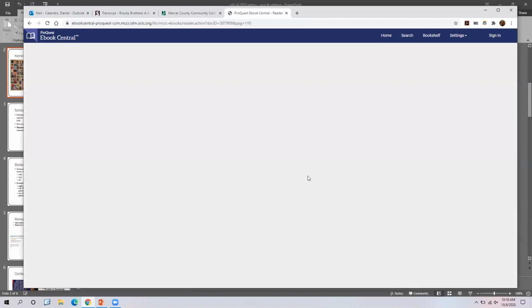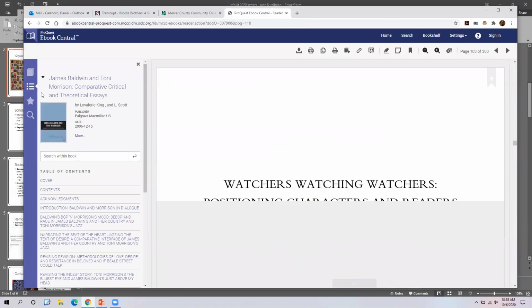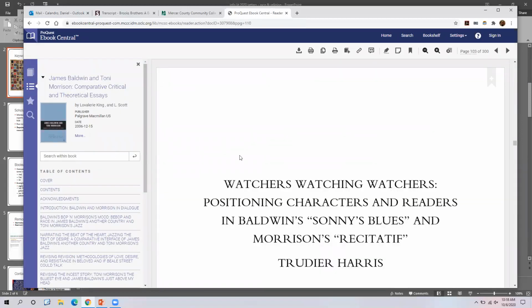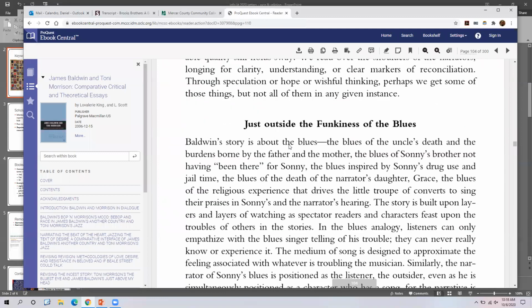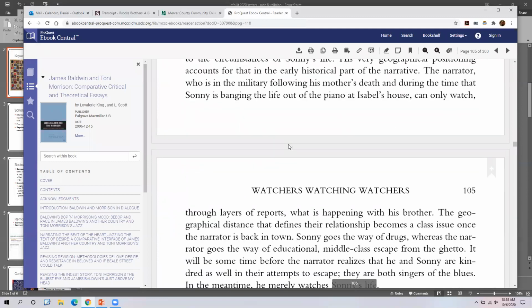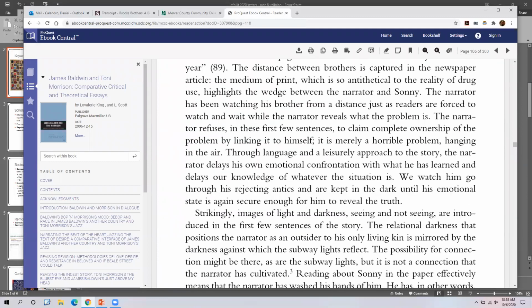And you'll see we'll load up with a reading pane here kind of in the center, and on the left-hand side, we'll have that table of contents. And we can scroll through it, and there's our book. And we can read this online, which is great. If you want, you can search within the book. So you can search for a person or a phrase.